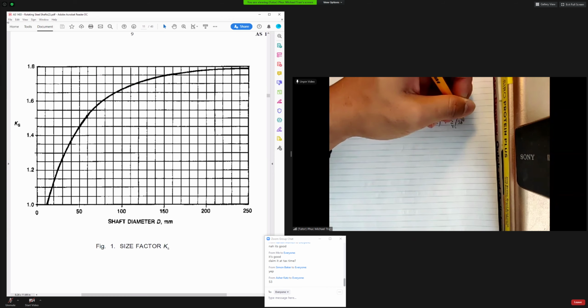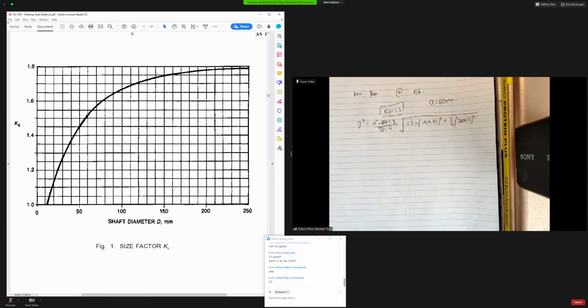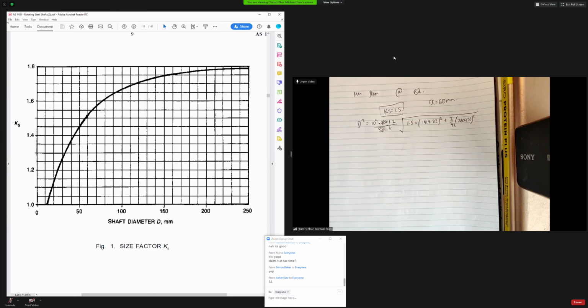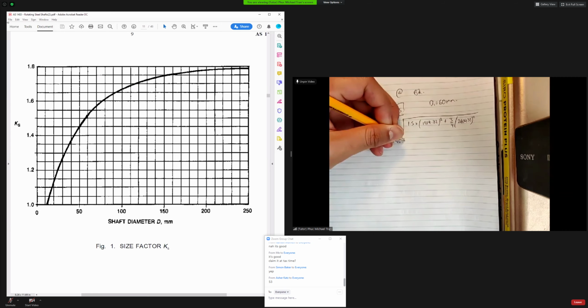Torque's going to be the same too. I've got 46.8,